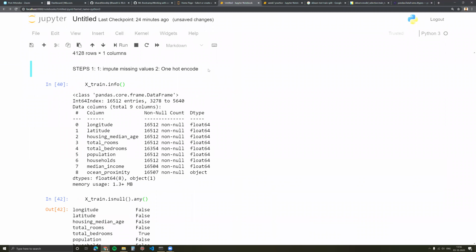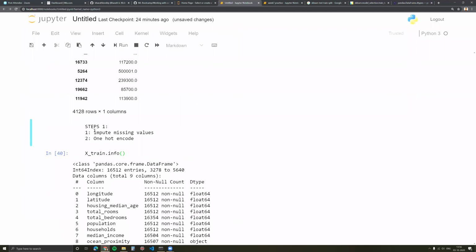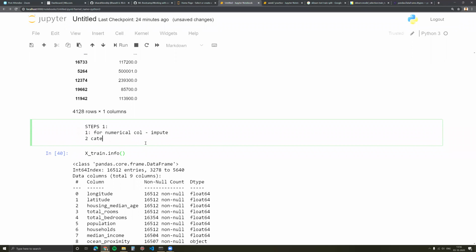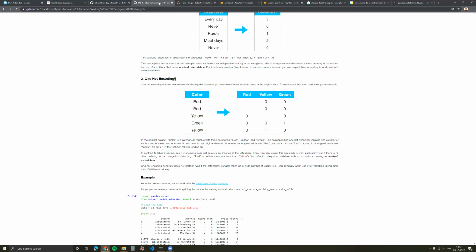So now our strategy should change. First step is for numerical columns, we need to just impute, and then for categorical columns, we first need to impute, ordinal encoder. And then actually ordinal encoder is a little different.